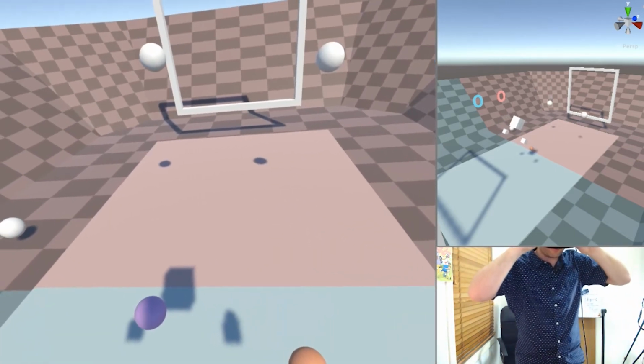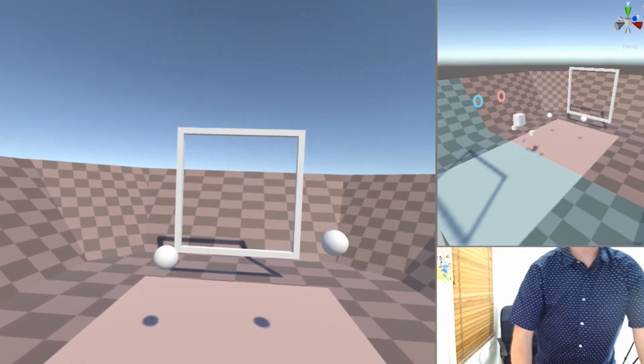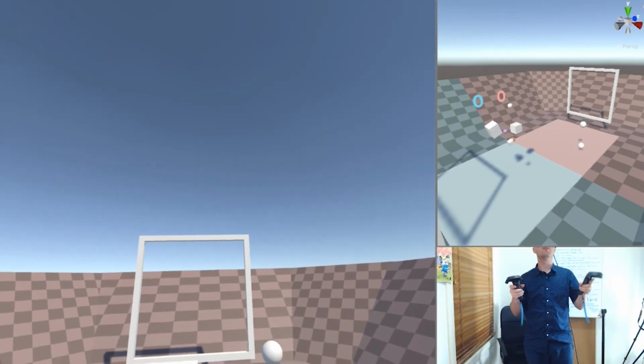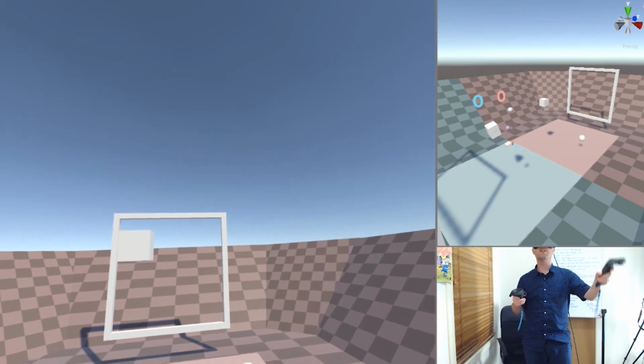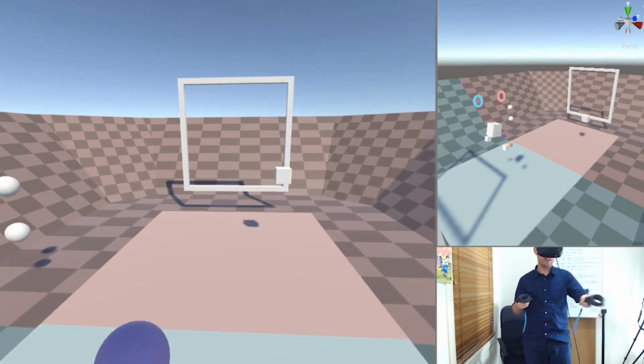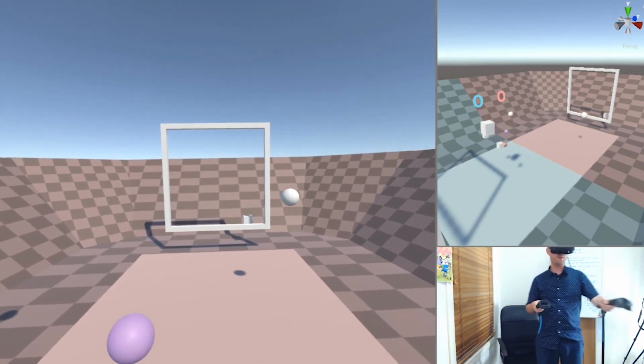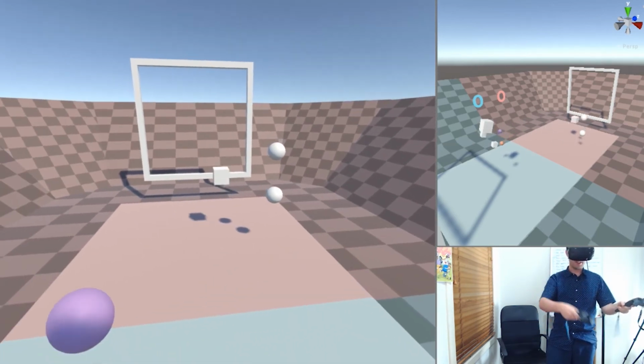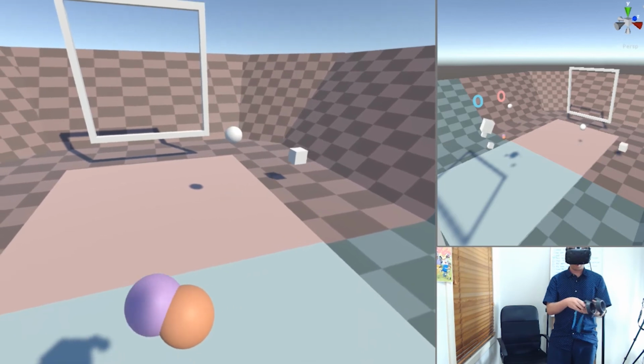Hey, I've been smacking my controllers around all day. Alright, so what can you see? You can see this thing here moving around in front of me. This is like a cursor, and you can see how it stretches out from my hand. And then what I can do is when I pull the trigger,